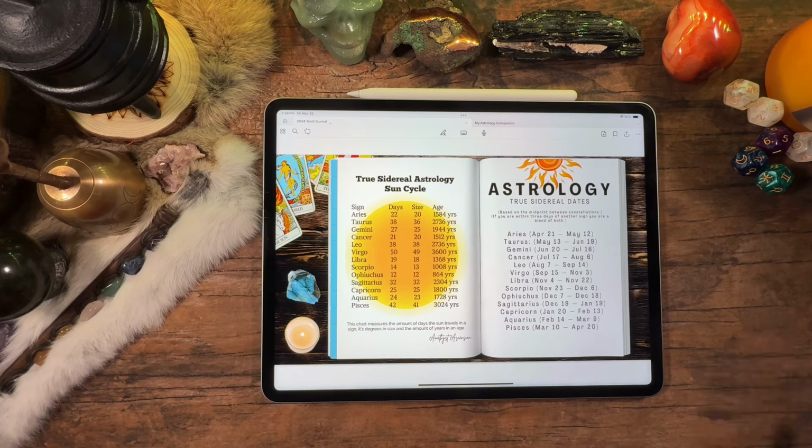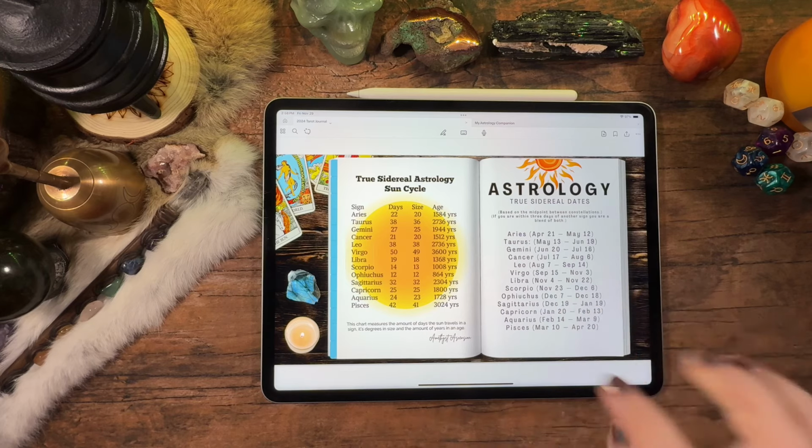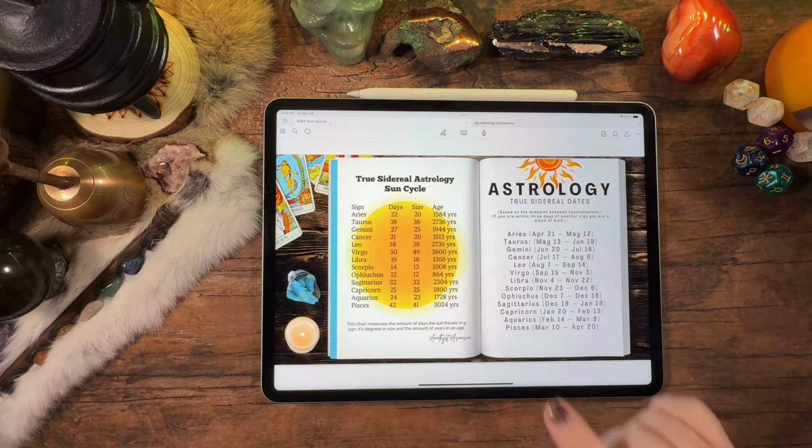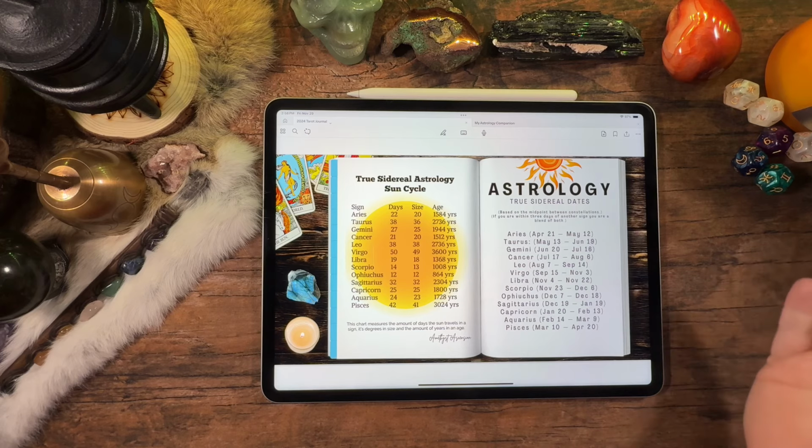I don't use IAU boundaries. I know this can be really confusing. I know it's a whole lot to take in, but this is why I'm trying to show you the difference between when I say the moon is here or the planets are here. This is truly based on where they are on the ecliptic, which is what astrology is supposed to be based on to begin with. And the reason why they left out the 13th sign,